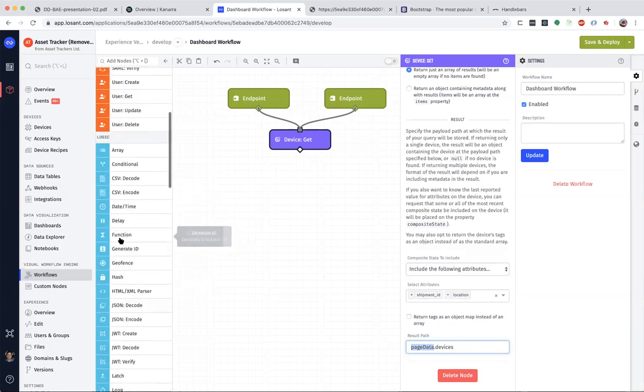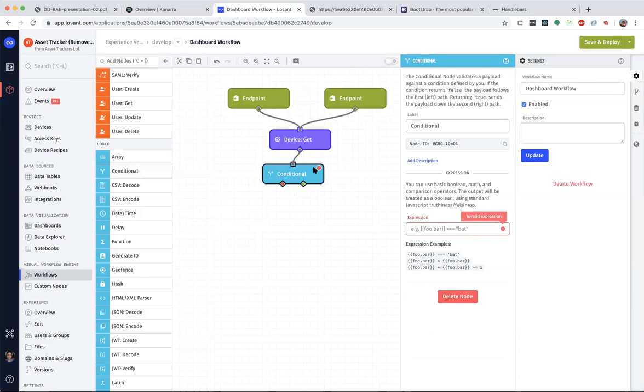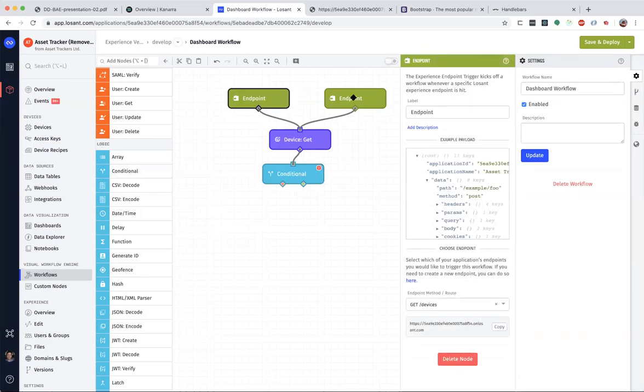Okay, what's next? We need a conditional node, just like we did in our login workflow. We need to know the difference between this request and this request, because for one, we are returning a detail dashboard. The other one, we're returning the overview dashboard.